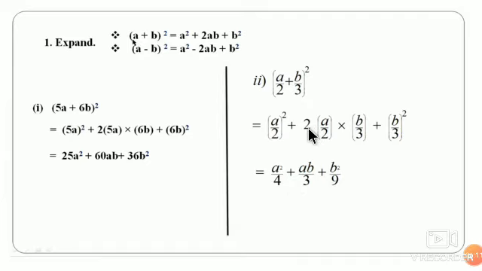Now this 2 has the denominator 1, so multiply the 2 with the numerators only. 2 into a into b, 2ab, 2 threes are 6. After dividing again, you will get 2 ones are 2 and 2 threes are 6. Or directly you can cancel this 2 also. So we will get here finally ab upon 3, plus square of the b is b square and the square of the 3 is 9. So this is your final answer. Understood it? So like this you can solve.